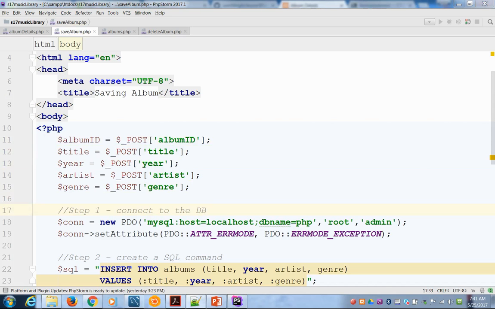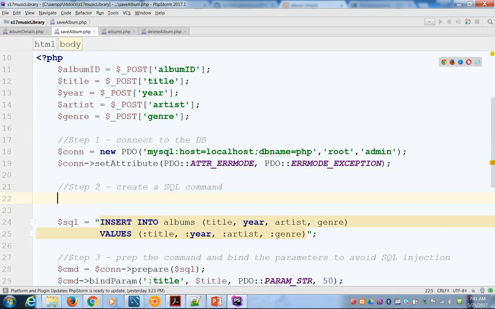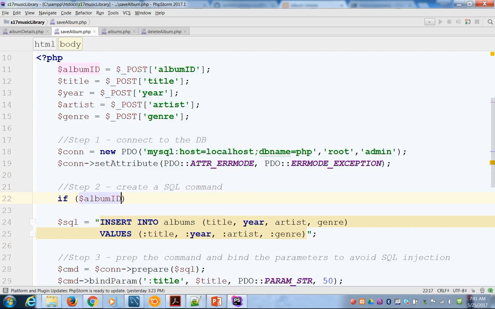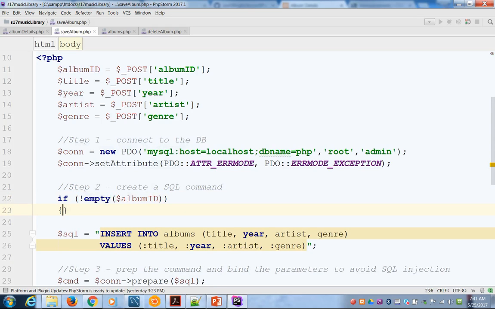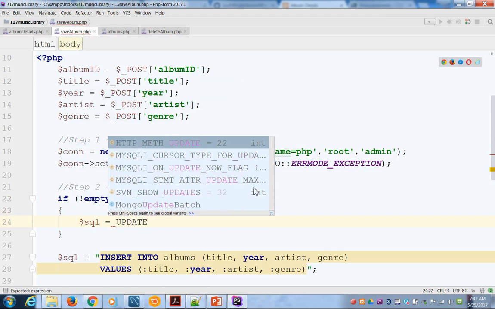And if it has, I just need to make a little different SQL command. So I'm going to say if album ID is not empty,